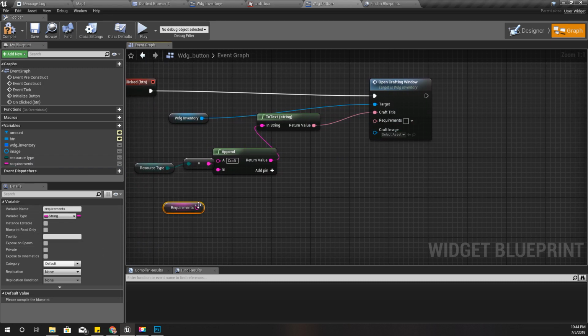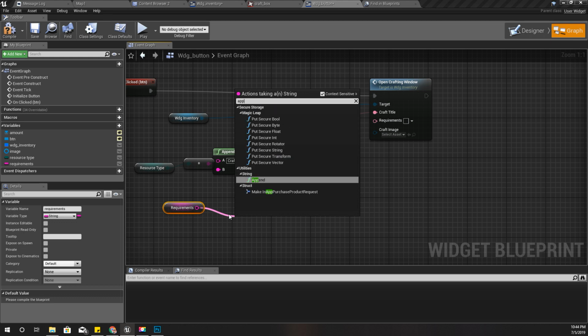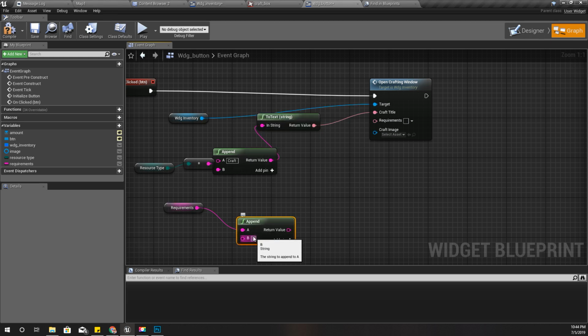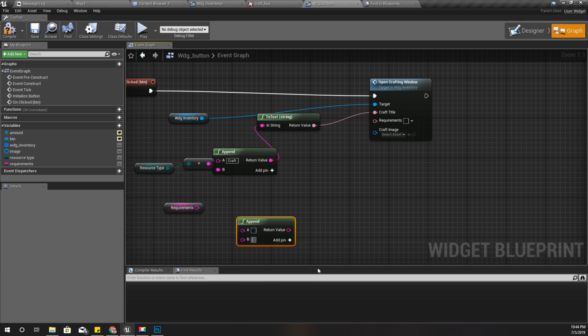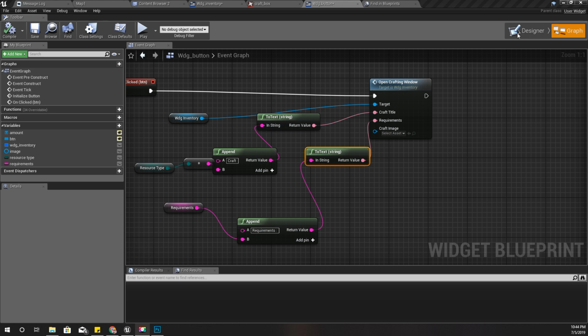Get requirement, use an append, like this. Okay, now